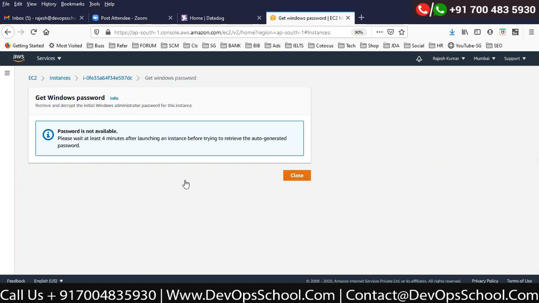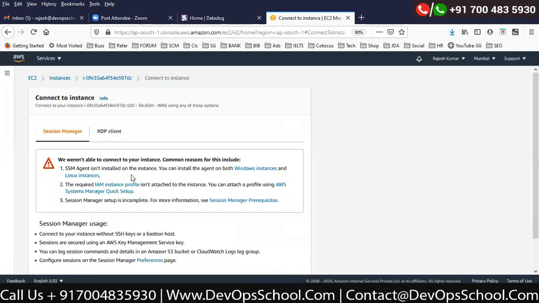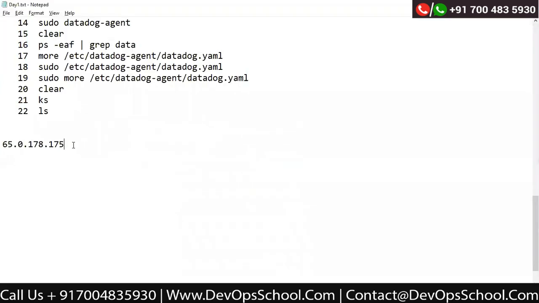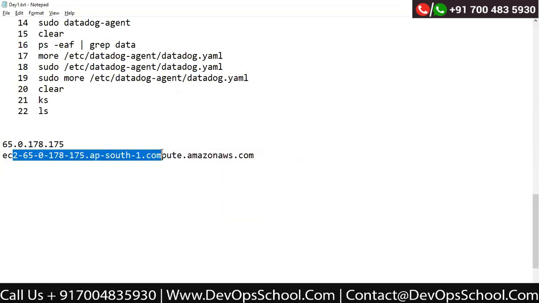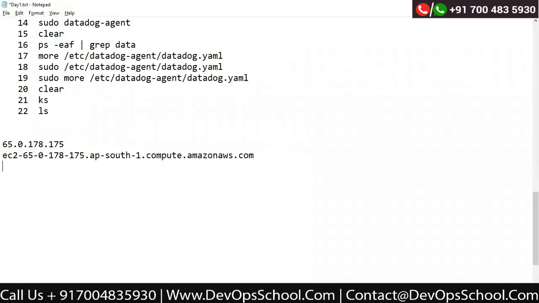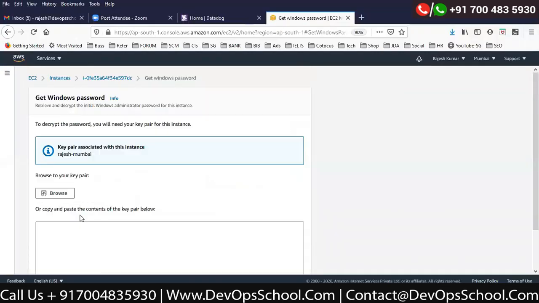So Windows takes some time to boot, but what I'm going to do, I'm going to gather other metrics by the time. So guys, this is my DNS name. I can use IP address or fully qualified DNS name. Both are same, no problem. And this is the username. I'm going to use it. Now, this password, let me try one more time.